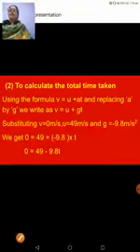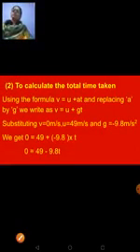To calculate the total time taken for the object to reach the ground, you have to use the formula v = u + at. Since you are dealing with acceleration due to gravity, a stands only for acceleration. Here we are talking about the object reaching towards the ground. So your a should be replaced by g. So when you replace a by g, you write the equation as v = u + gt. Now substituting the values of u, v, g and t you have to calculate.